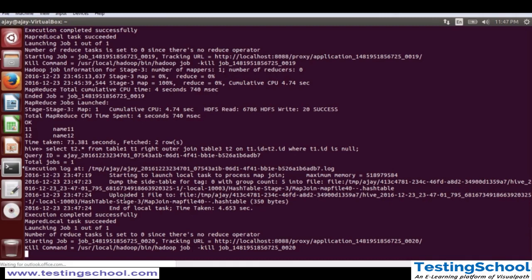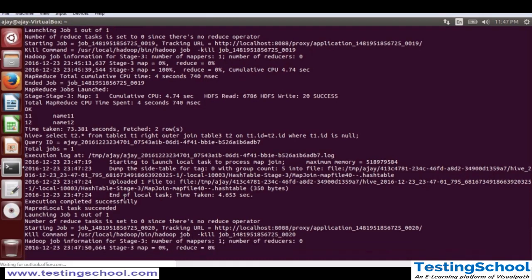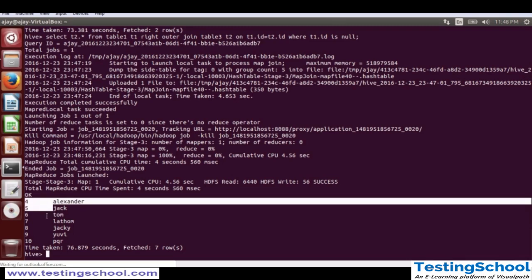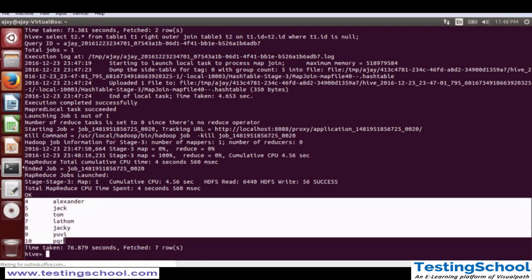Once I get these records, then we can merge them into one query and get our expected output. Like I wanted a query which should give me the output by comparing both the tables, which has the distinct values. So now you can see, as expected, it displayed the records from 4 to 10